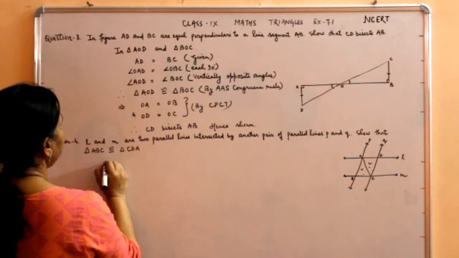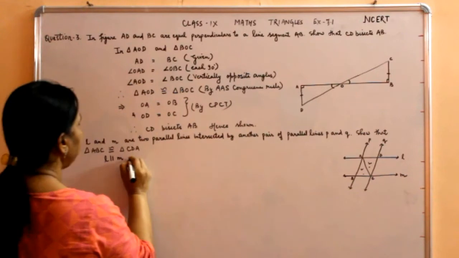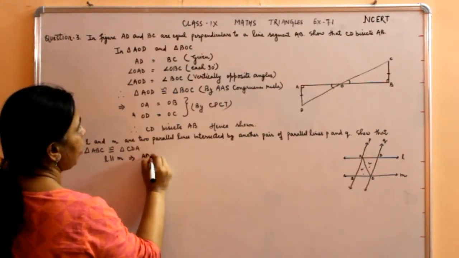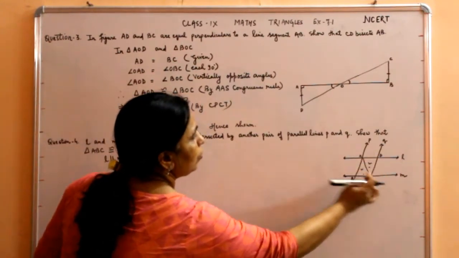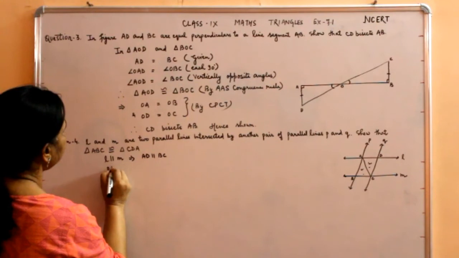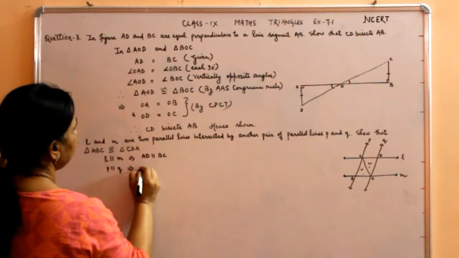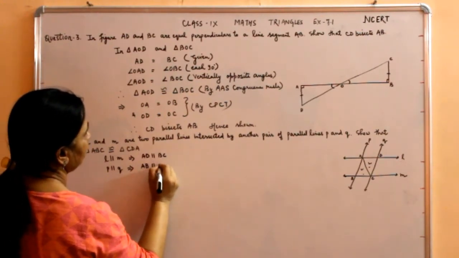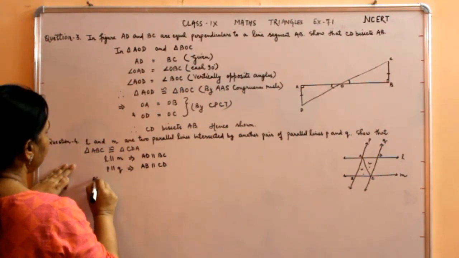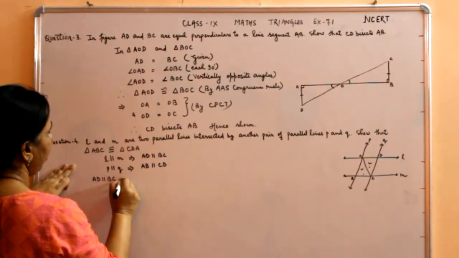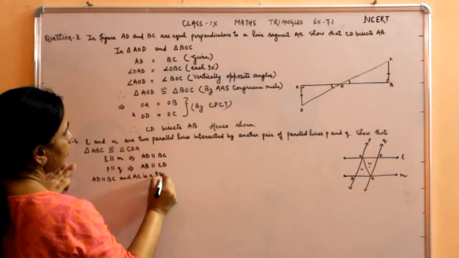Okay. So what is given? L is parallel to M. This implies AD is parallel to BC. L M के पैरेलल है तो AD पैरेलल टू BC हो गया, and also it is given P is parallel to Q. This shows AB is parallel to CD. If we consider L is parallel to M, that is AD is parallel to BC and AC is a transversal.